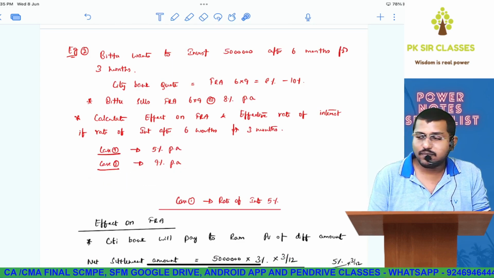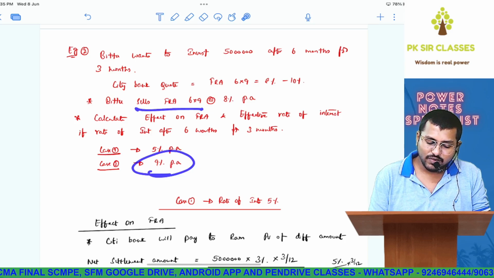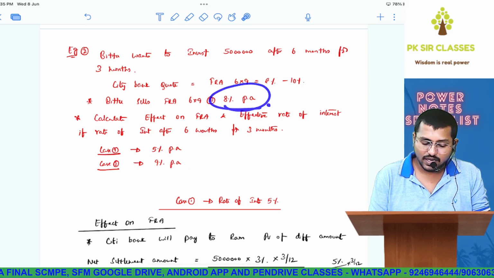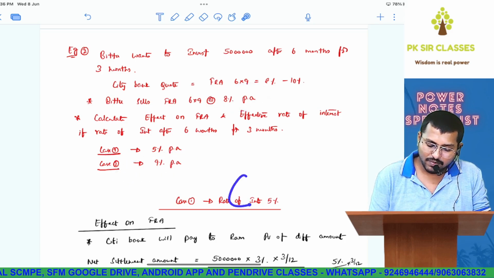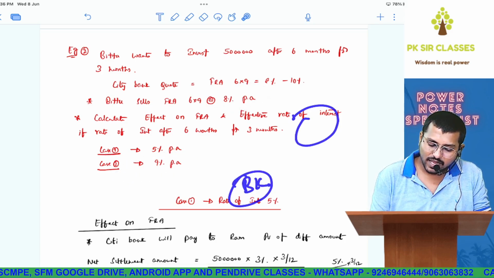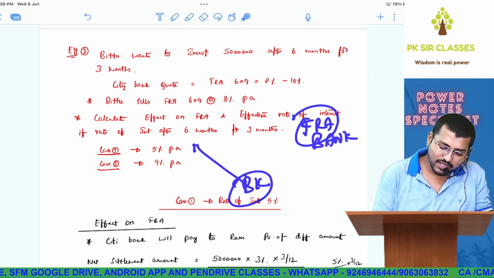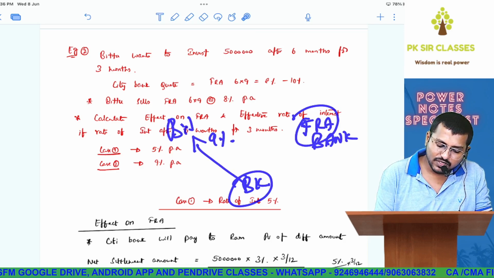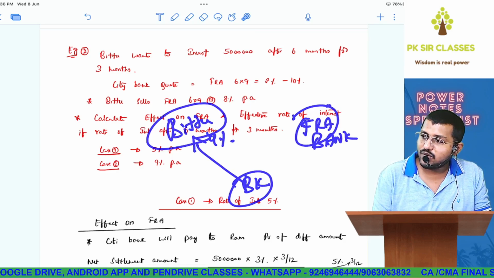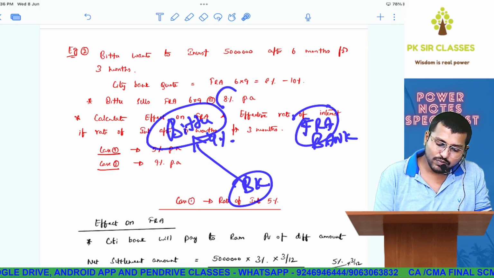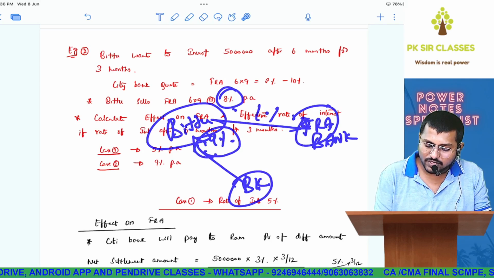It is 9% per annum, correct? In case 2, you have agreed to invest and get an interest of 8% per annum, but now the actual interest has become 9%. In that case, what will happen? So there are two banks. This is a bank where you have taken the loan. This is the FRA bank. Are you able to understand? From this bank, you are getting an interest of 9%. Correct? But will the FRA bank be quiet? No. You should be getting only 8%. You are getting 9%. The differential 1%